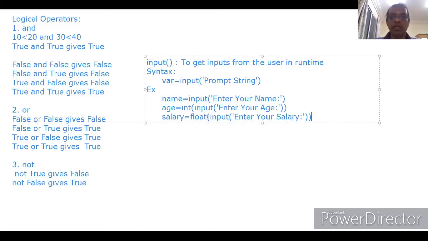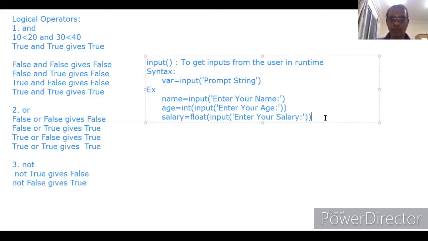If float is not there and only input is there, it will be considered as a string, and a string will try to be stored into a float data type. It gives an error. That is why we change it to float. So whatever input we get from the user, Python considers it as a string. If we want to store it into another data type other than string, we have to explicitly convert it by using int or float. So the syntax is very simple.